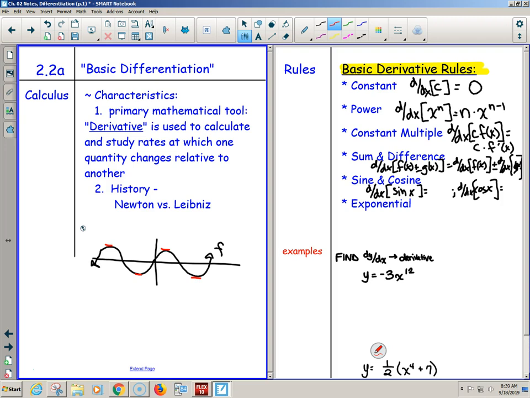What are the slopes at all of those? 0, because they're flat, right? They're flattening points. So my derivative is going to have zeros there, at the axis. Sine has zeros at 0, pi, and 2 pi, and these peaks are at pi over 2 and 3 pi over 2. Oh, interesting. If you were to zoom in, guess what the slope is right here? 1. Guess what the slope is right here? -1.